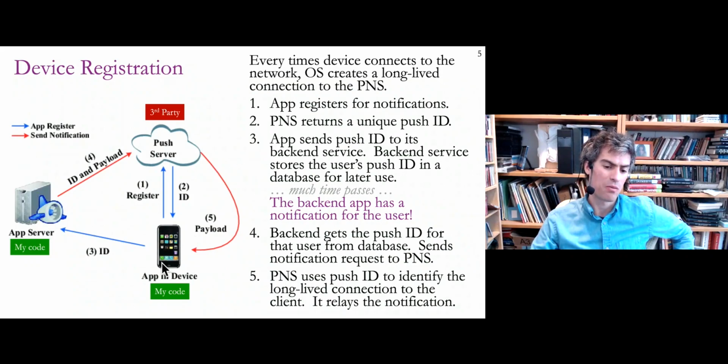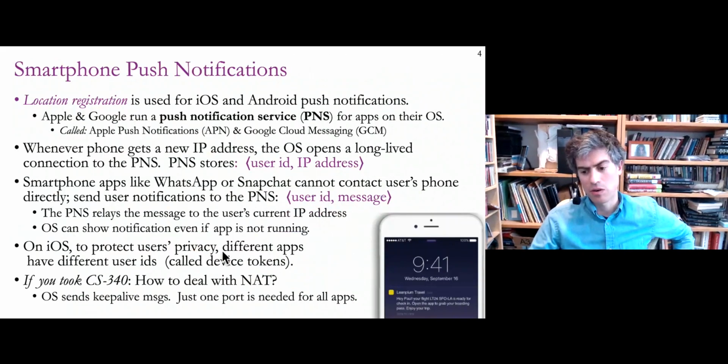But in general, let's say the app is not running. So there's no way the app can send a message to the user. We don't want the user to have to open the app and guess that there's a message and check for it. But what this backend app can do now is send a message, that's the payload, to the push server. In this case, it is Apple or Google, with the ID that it got before that identifies this particular user, and then the push server will send the message, even though the phone's in background mode, to the app,